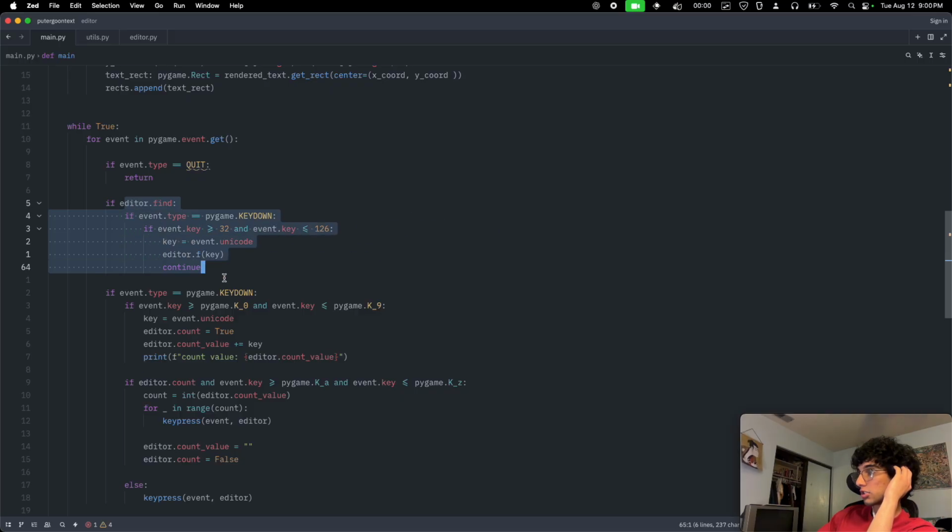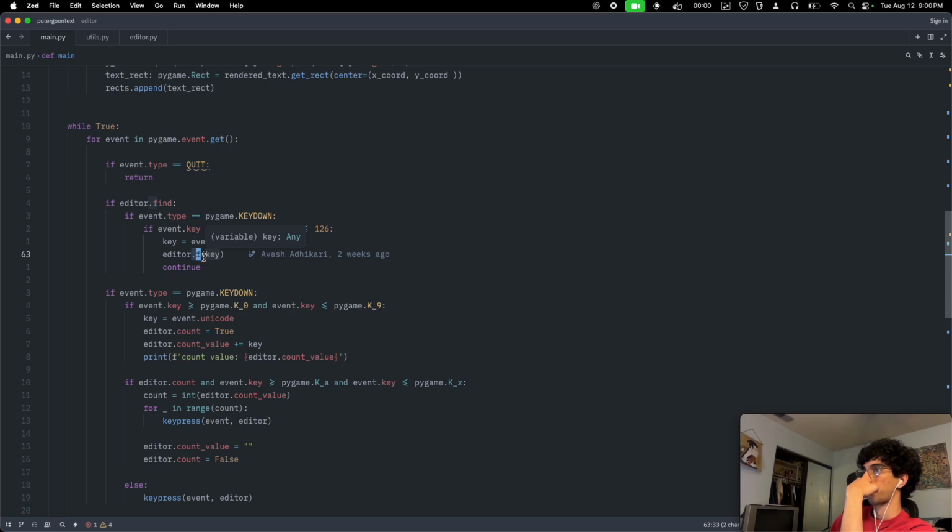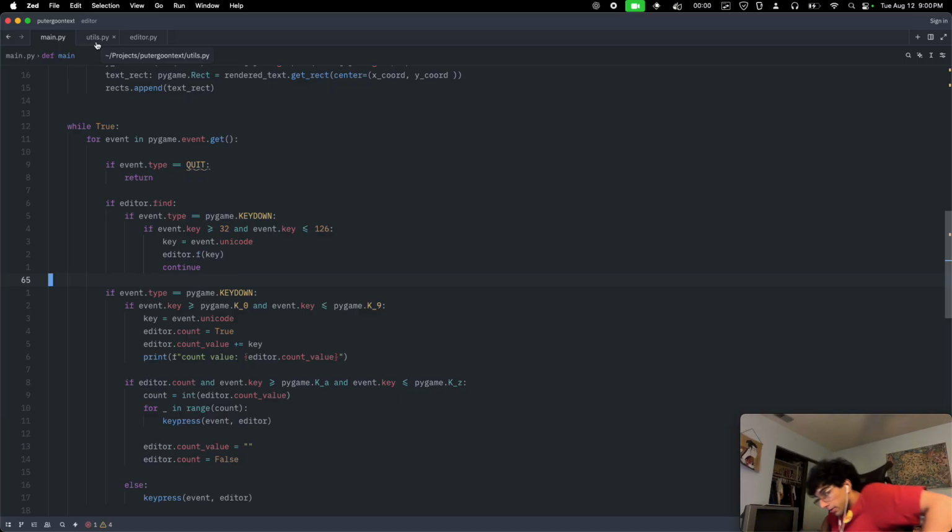It's because of stuff like where the f function is dependent on... actually no, because all the f function does is just move the cursor to the next part, right? I don't know. So if editor.find